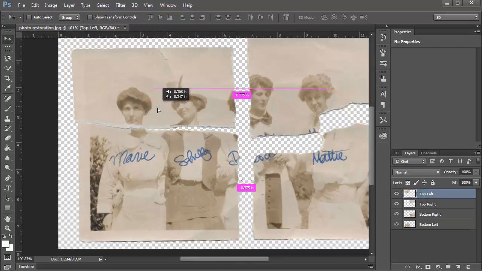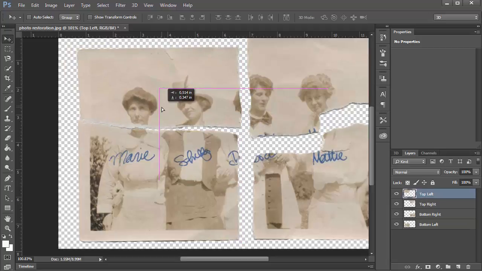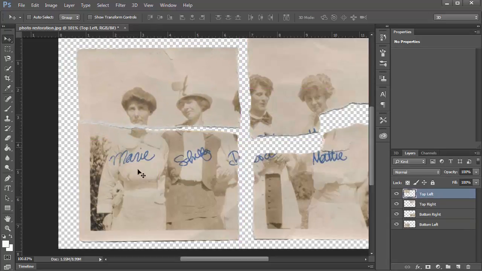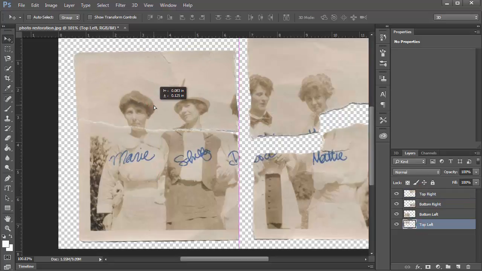Now in this case, my issue is it looked like this was torn kind of at an angle, so I actually need this one to be underneath the bottom left edge. And I can do that by dragging to different layers. So I'll take this top left layer, and if I drag it below the bottom left layer, this is actually the order in which I'm looking at these. Starting at the top, this is the top one, and then it goes down all the way to the bottom one. So now that this is underneath, I can drag that